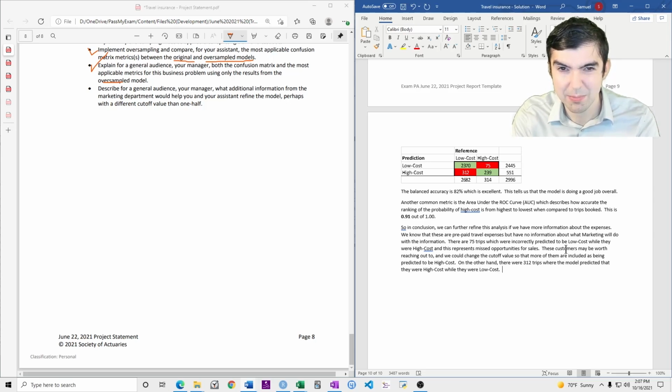If you predict that something is high cost while it is actually low cost, this group of people represents those who marketing would reach out to or send ads to, incurring an expense in the process, only to later discover that they are not eligible for the insurance.